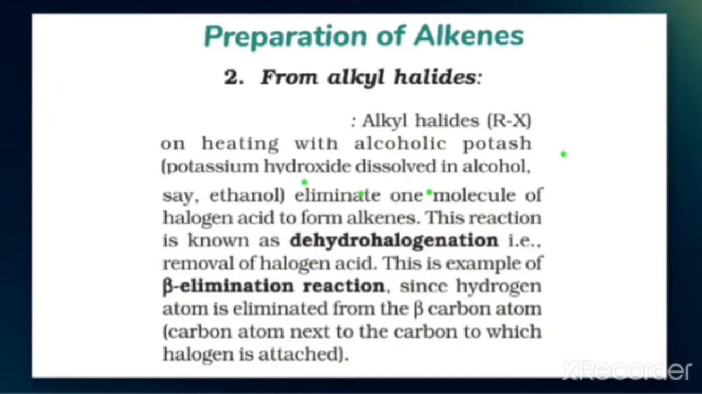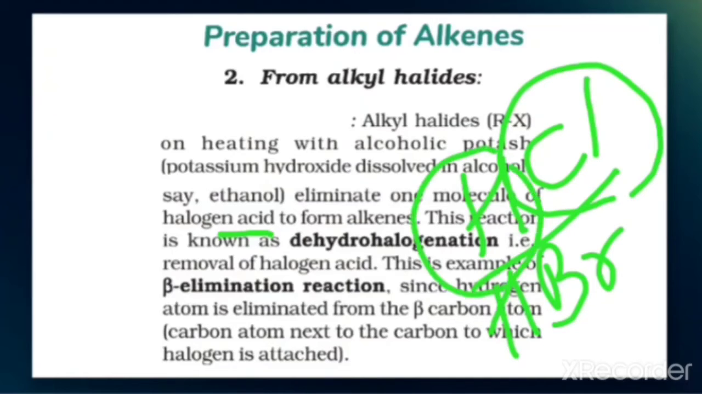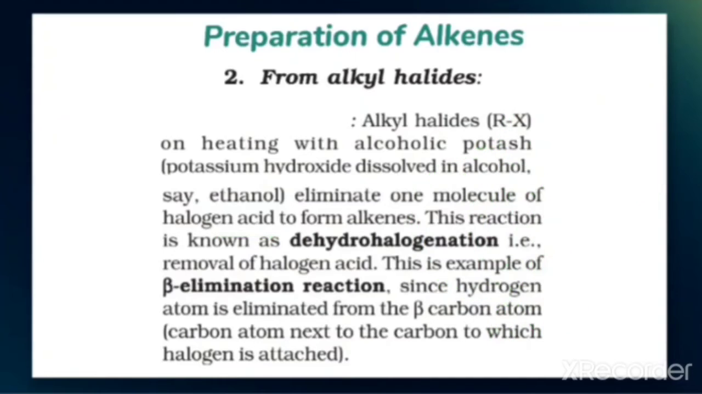eliminate one molecule of hydrogen acid to form alkenes. So during this heating of alkyl halide with alcoholic potash, what happens? One molecule of a hydrogen acid, that is HCl, HBr, these are called halogen acids, because we know that hydrochloric acid is an acid. And why is it called a halogen acid? Because here there is a halogen with the hydrogen. And what does it form? It forms alkene, and this reaction is called